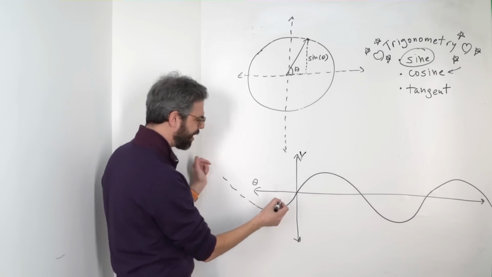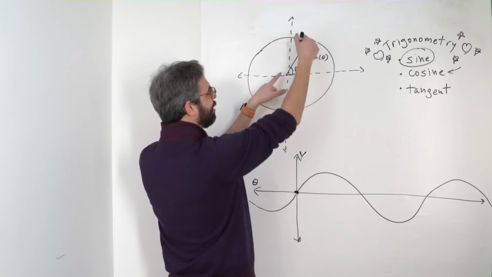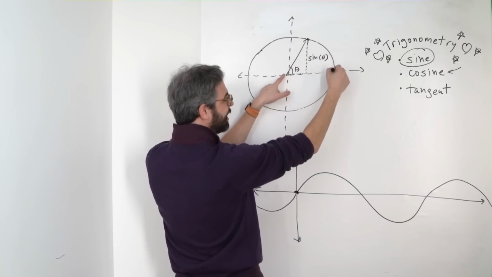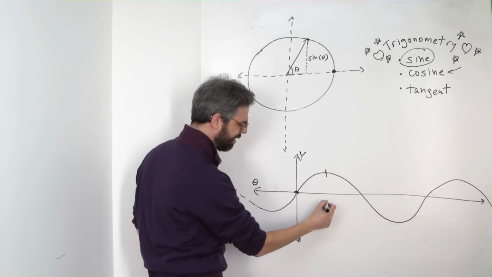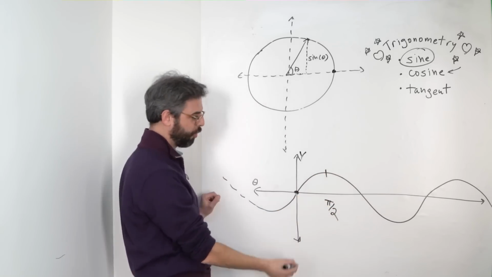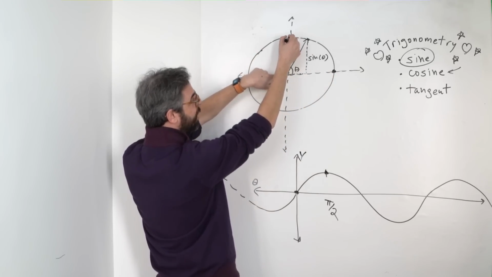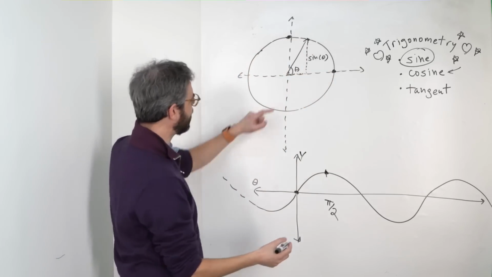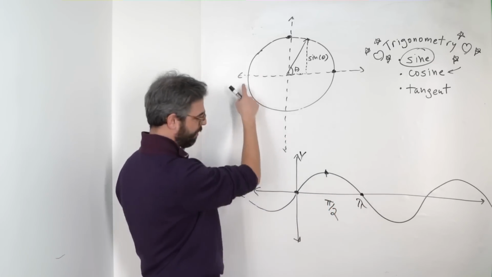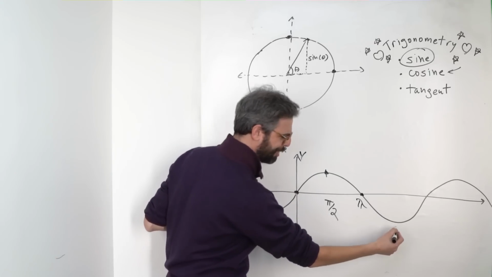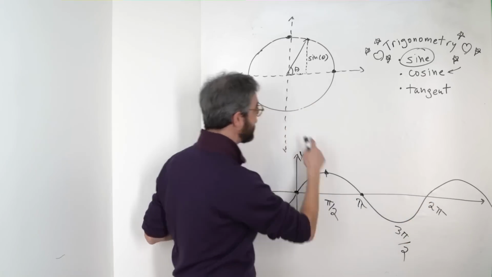And we can see, for a moment here, oh, this makes sense. Why is sine of theta 0? Well, look, if the angle is 0, the point is here. What's the y position? 0. What is sine of pi divided by 2? 1. Well, if the angle is pi divided by 2, or 90 degrees, the y position is at 1. And look at this. Over here, pi, and then 3 pi over 2, and then all the way back over here, 2 pi, and then it repeats again.